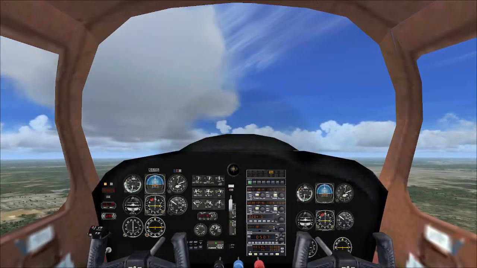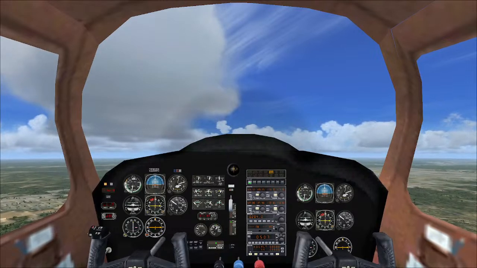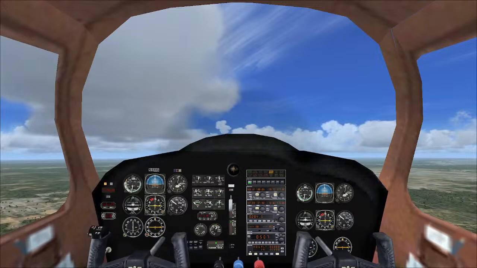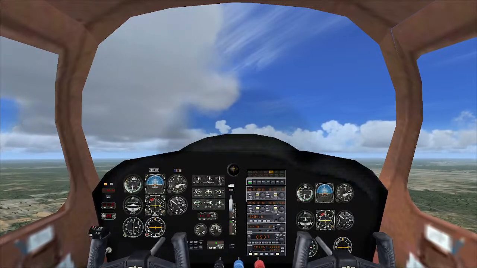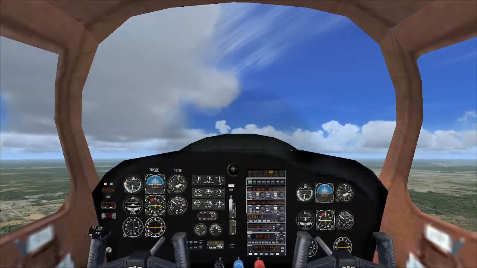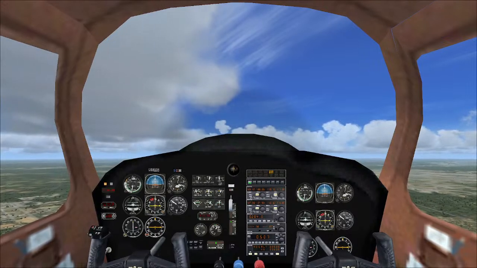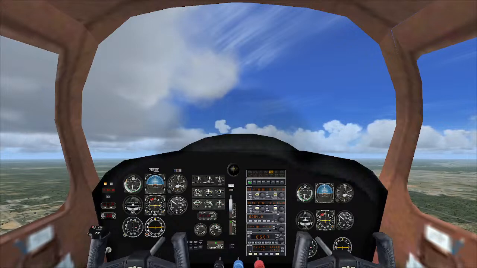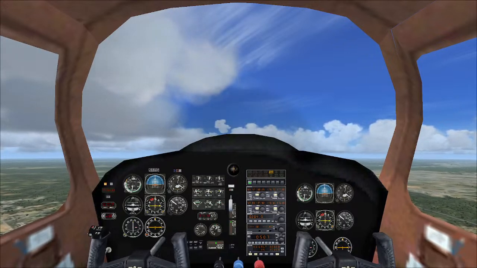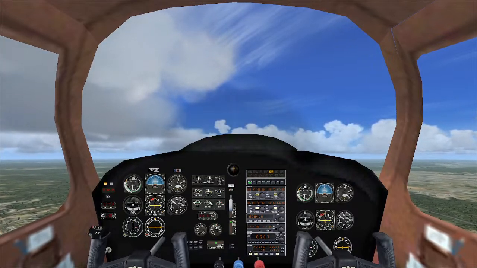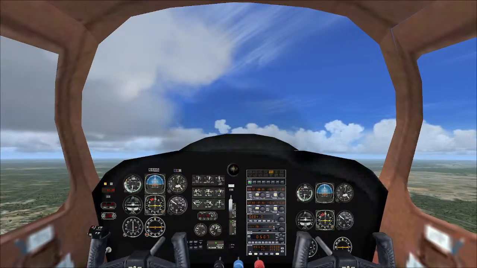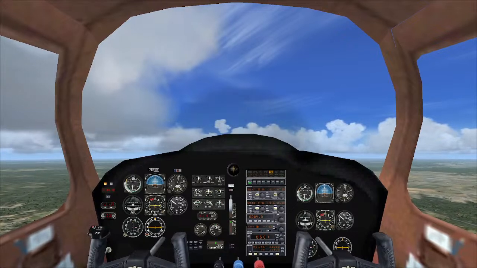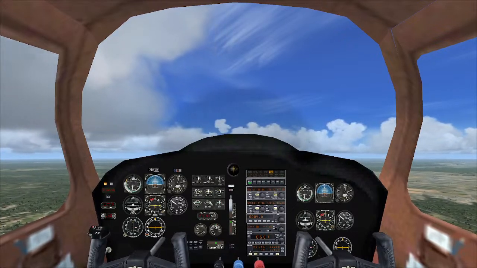And I'm going to try to make them as realistic as possible. I might even look into some mods for cargo and passengers. I don't know, maybe, or I might just look into if FSX can actually